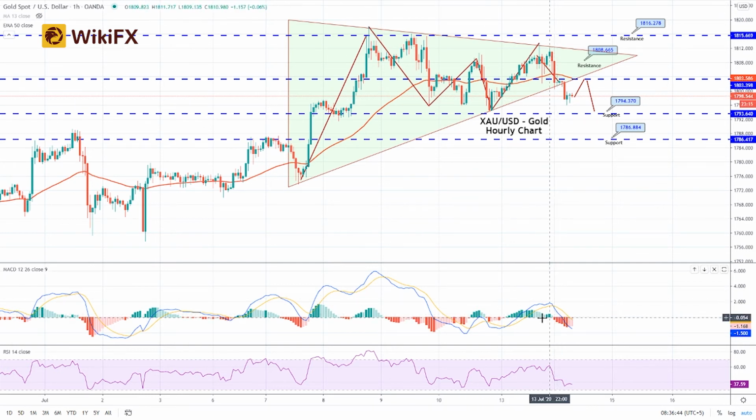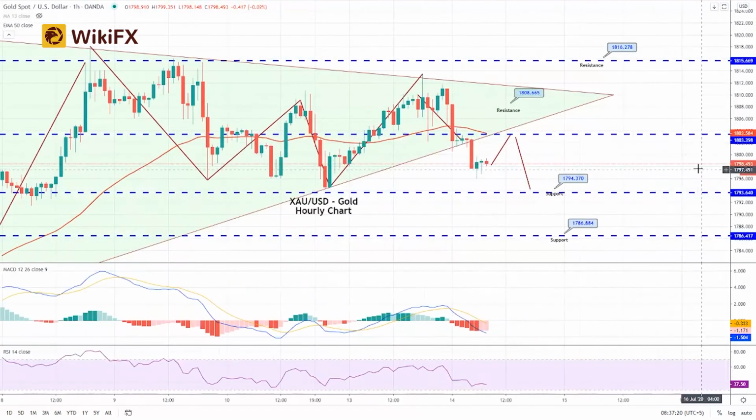There had been a bearish crossover on the MACD, there had been a bearish crossover on the RSI, there had been a bearish crossover on the 50 period exponential moving average. There is a bearish engulfing candle. There is a breakout of symmetric triangle pattern, so the selling bias seems pretty solid in the precious metal gold. However, considering the fact that we are seeing the dojis here, the doji patterns are being formed here, so we can expect a slight retracement of until 1808 level, and below this we can again expect a sell-off in the